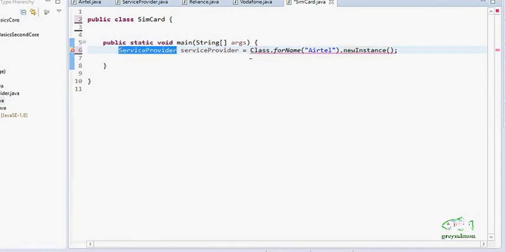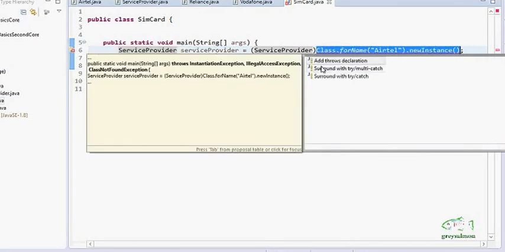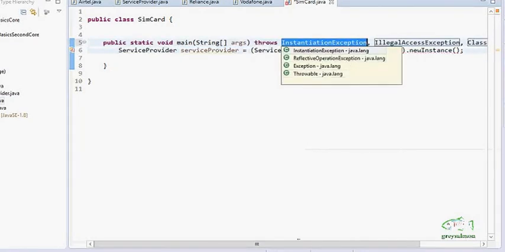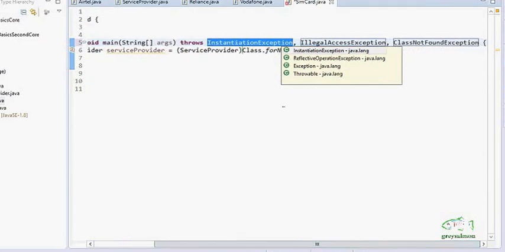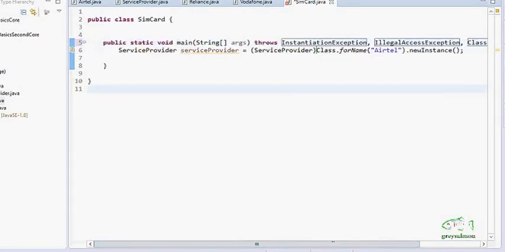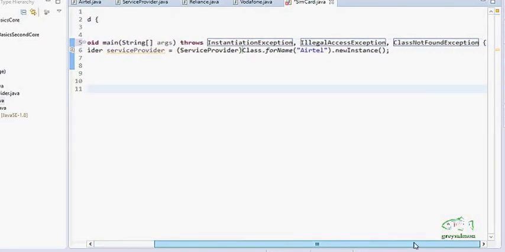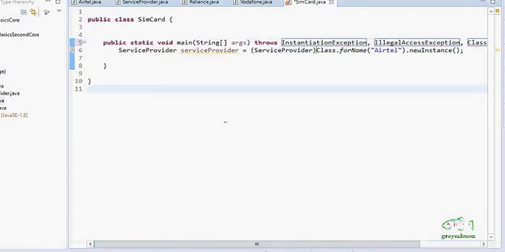So we have to typecast this object into this service provider, but this method throws some checked exceptions, so we have to declare them, like throws InstantiationException, throws IllegalAccessException, and throws ClassNotFoundException. Now here we will get the object of the service provider.